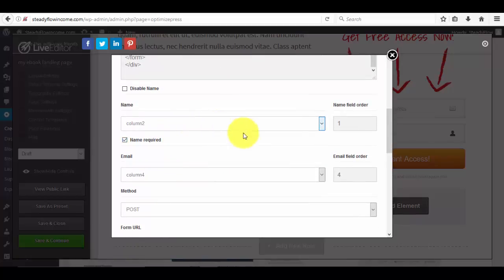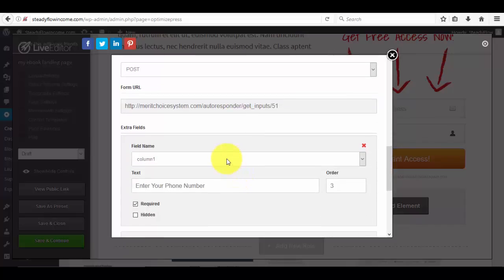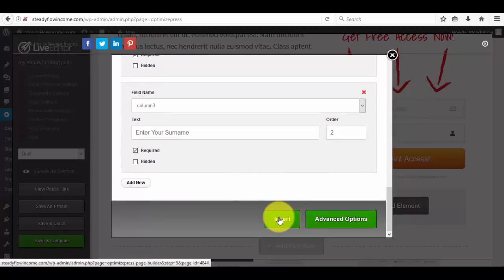This is going to be the first field to appear. This is going to be the fourth one. The email is coming last. The phone number is going to be the third one, while the surname is going to be the second one. That is the order. Very simple. Then you click insert,